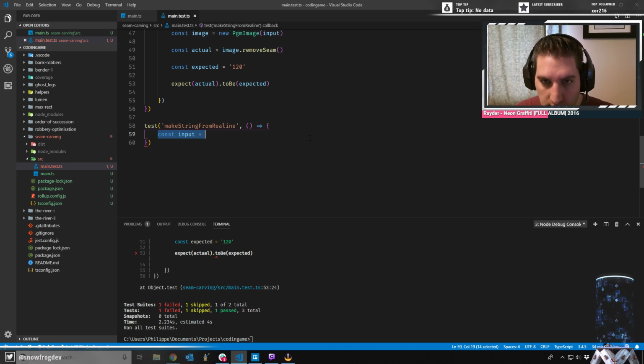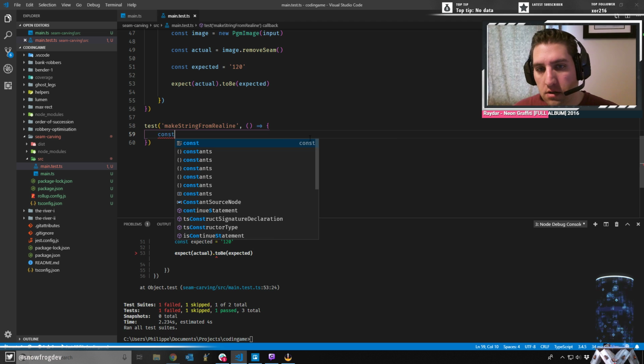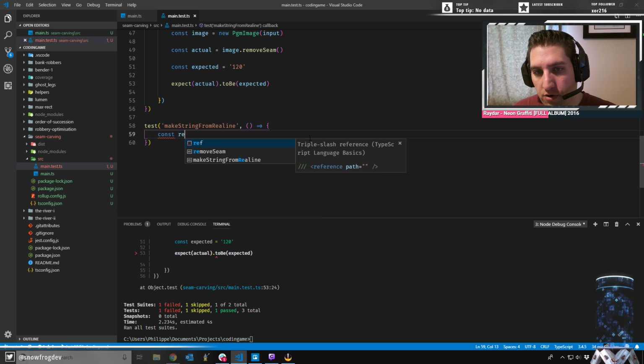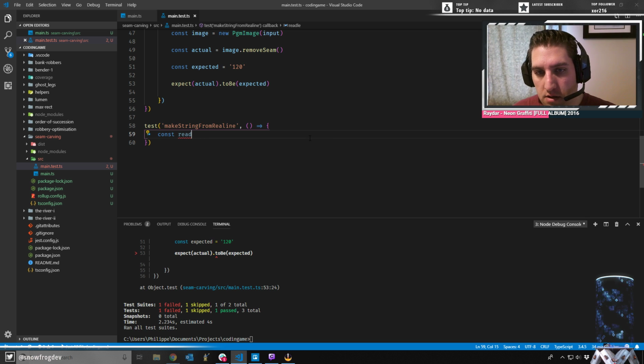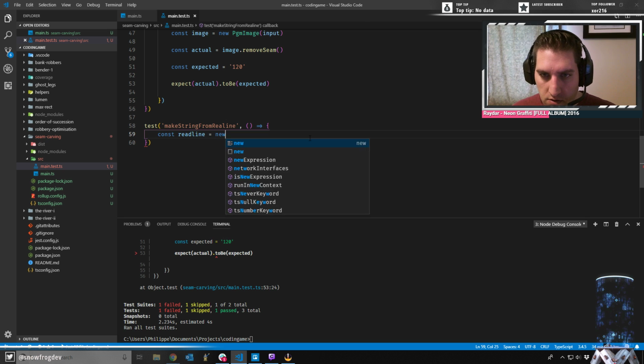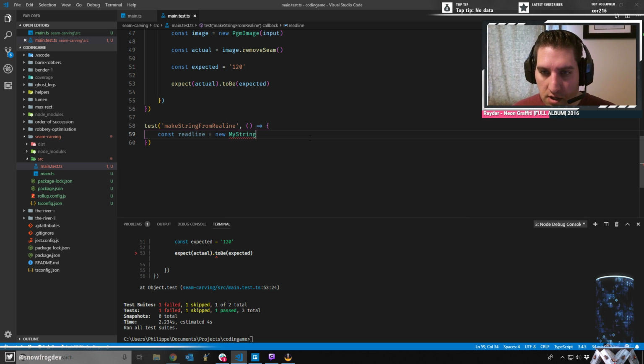Okay, so I need first to make, so const readline. Yep, readline. That's what I need to do. Const readline equals new MyString, which is a little helper class